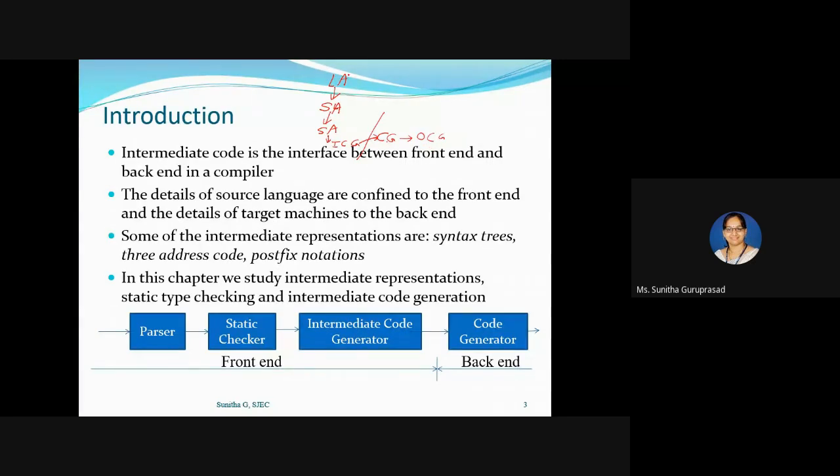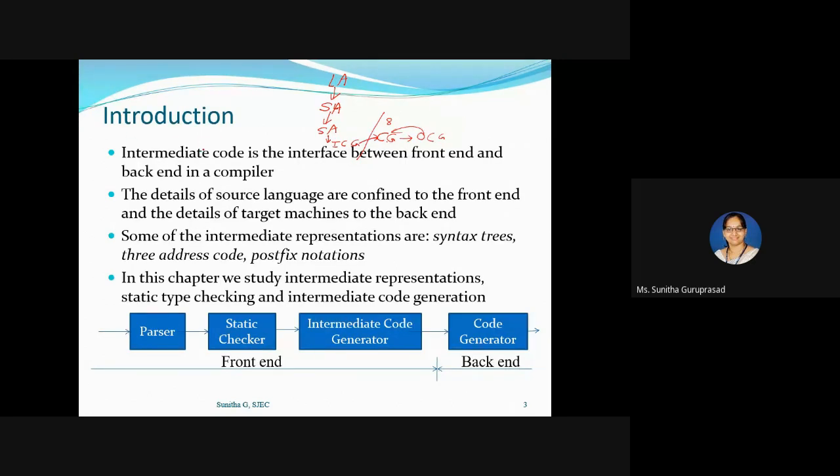We have already seen the first 3 phases, and in this chapter we will see intermediate code generation, which is the 4th phase. In the 8th chapter, we will be seeing the code generator, and I think the optimized code generator is also a part of this. So this is the 6th phase. So there are 6 phases, right?